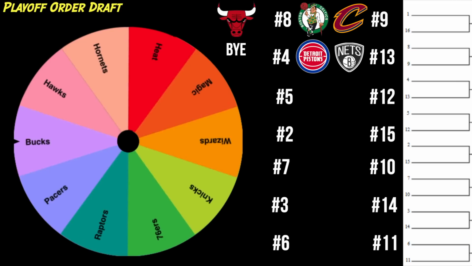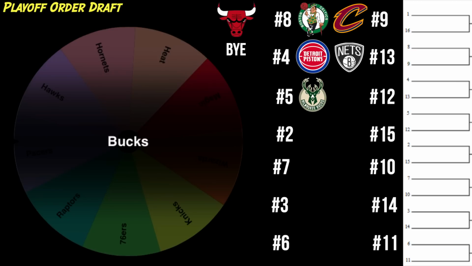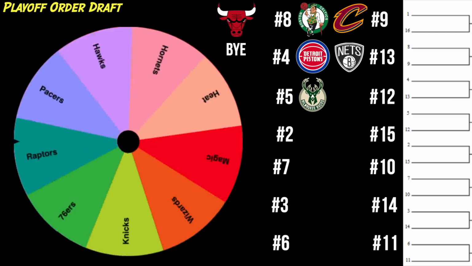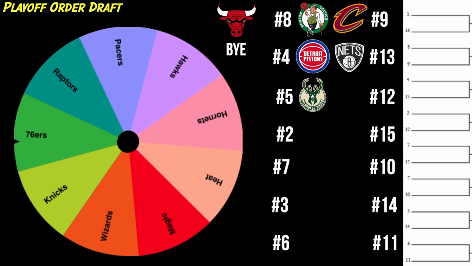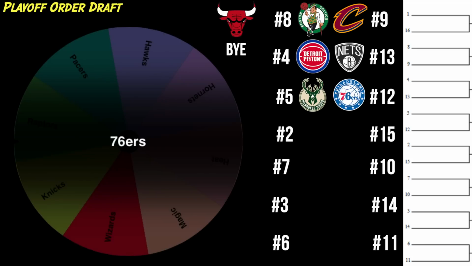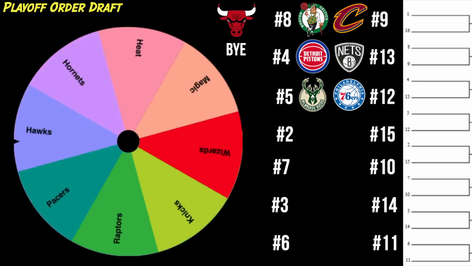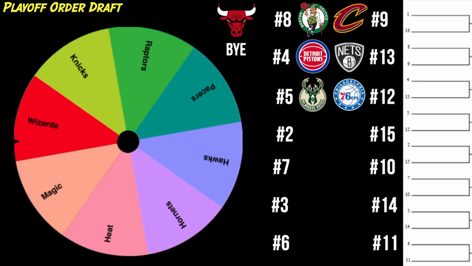But now down to the 5 seed versus the 12 seed. And the 5 seed will be the Milwaukee Bucks. So how about this? If the Brooklyn Nets beat the Pistons, they might have to face the Milwaukee Bucks in that next round. And now the 12 seed to go up against Milwaukee will be the 76ers. So wait a minute, this isn't an easy first round for Milwaukee. The 76ers have vengeance, and they want to take out the Bucks as they will get that matchup.